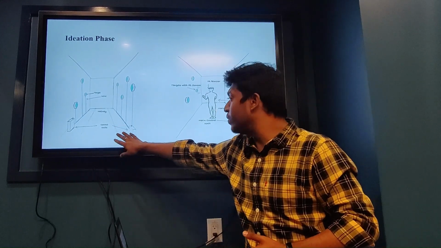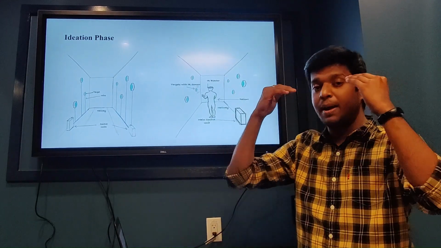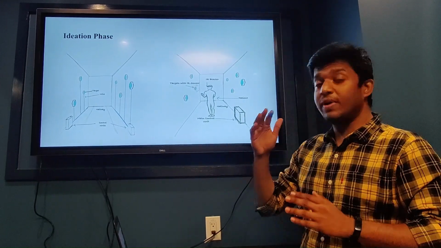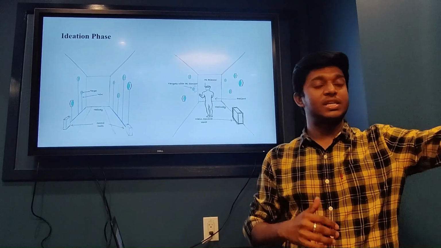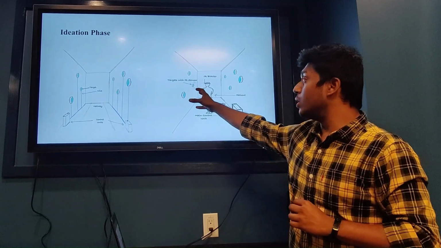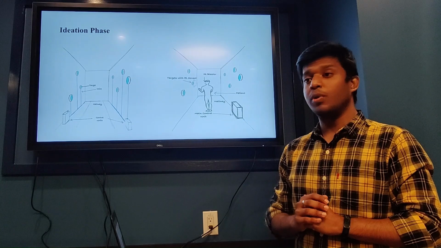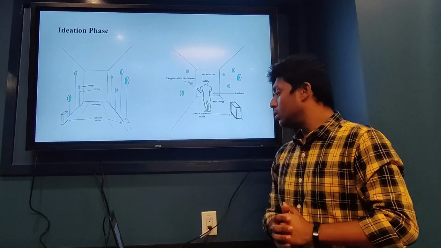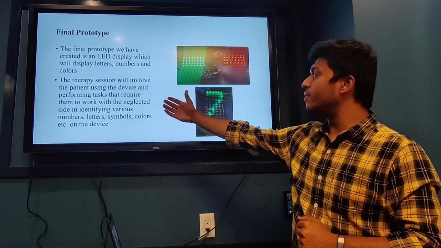And we can add further functionality to this by having an IR blaster headband attached to the patient, and so whenever they're trying to visually scan all the targets, whenever they see a target, that one would light up, or it would dim down, and that's the kind of feedback that they would get. So that is how we moved on to a final prototype, where, as you can see, we have created an